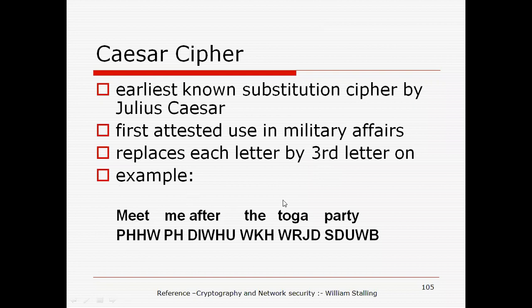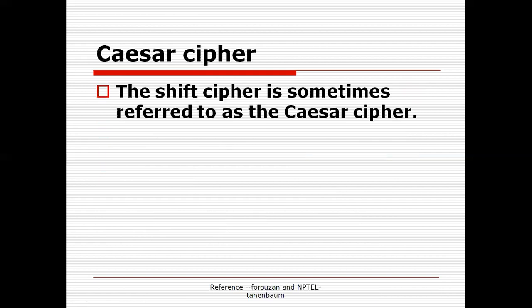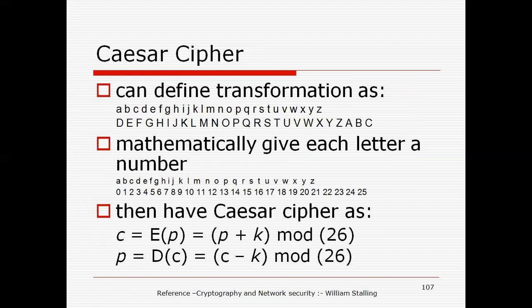Now suppose I say A is equal to 0, B is equal to 1, C is equal to 2, and D is equal to 3. And if we follow the same pattern, then E will be replaced by H. So in this pattern, Caesar used this technique. This technique is called a shifting technique. The alphabets or the characters are shifted by some other characters. And Caesar used this technique during the war period.